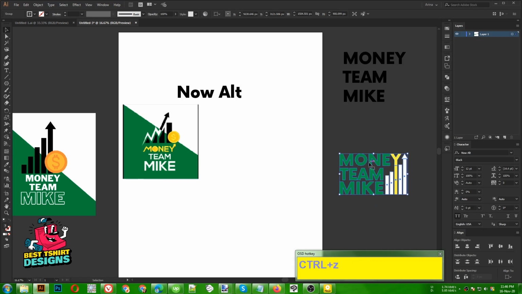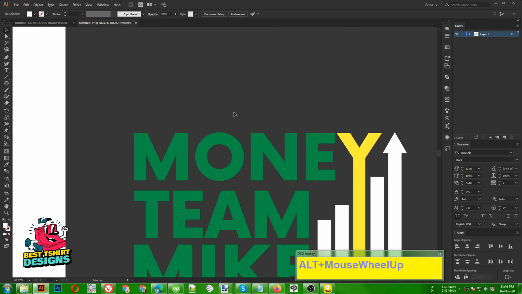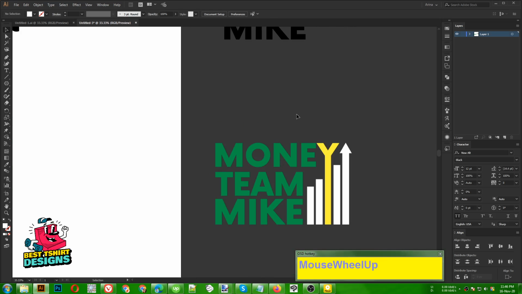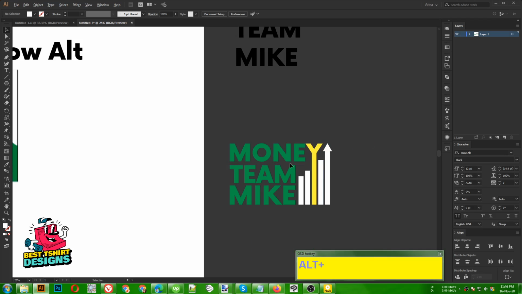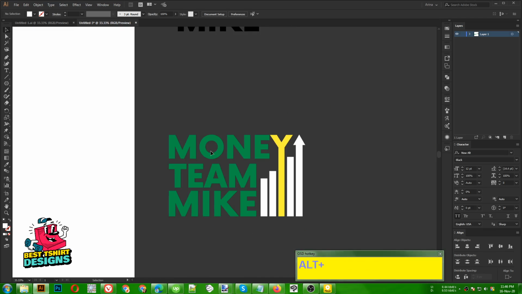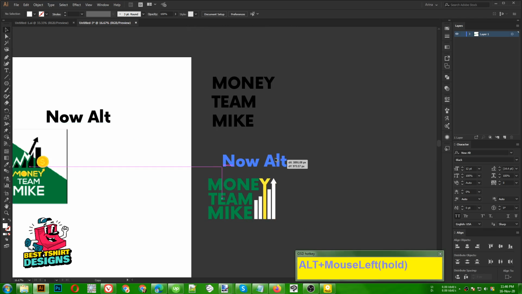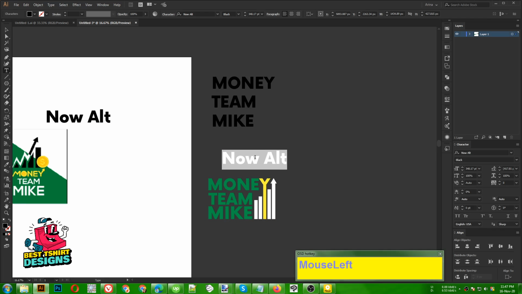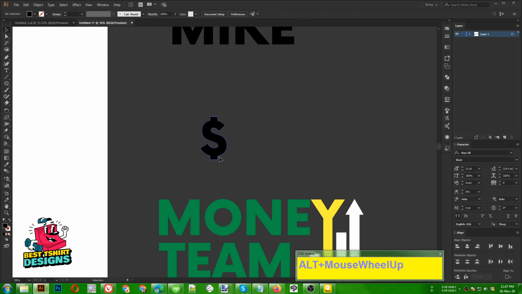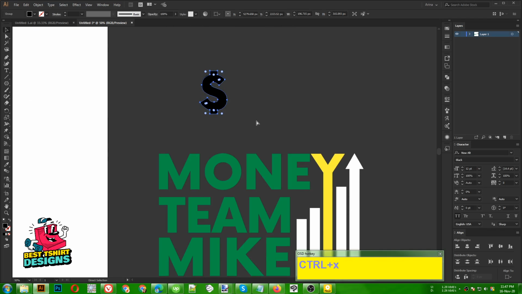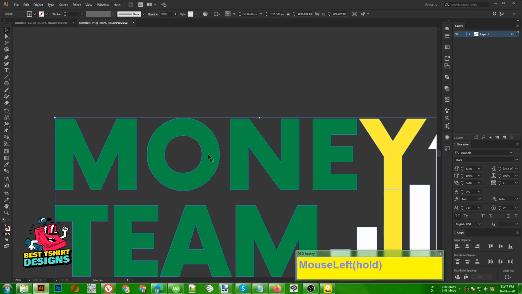Let's try something else. I'm going to make a graph inside here. For the next design, I'm planning to make a dollar sign with this O here. So if I am going to make a dollar sign for that one, okay, let's make the dollar sign here. I need this font. If I double click to select it, I press shift 4 for this dollar sign, and that is good. Let's create outline for that. Now for this one, I am going to cut it. Now if I select this O only,